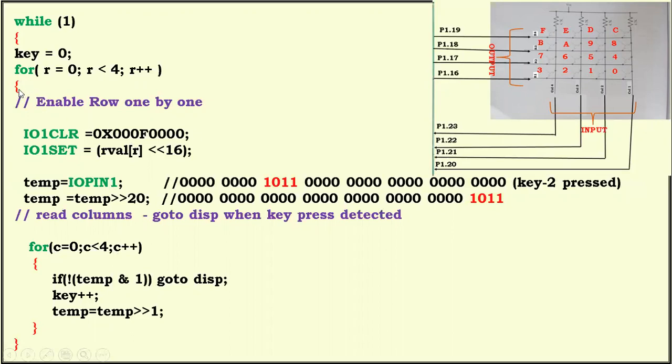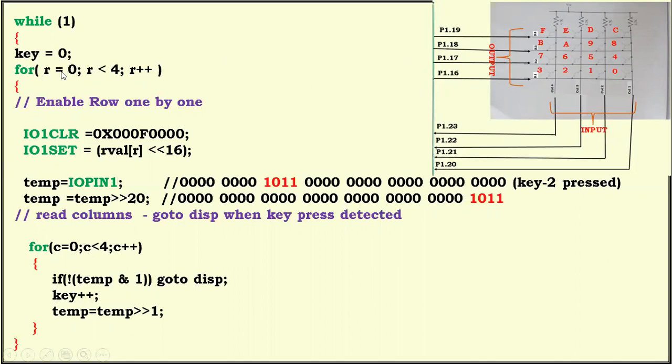So this is the beginning of the outer for loop, and this is the end of your outer for loop. This is the beginning of the inner for loop, and this is the end of your inner for loop. Therefore, we require 2 for loops. Now here, this is a while loop. It is an infinite loop. I told you already, we have to keep on scanning infinitely. Therefore, it must be an infinite loop. Within the infinite loop, we require 2 for loops. Therefore, how many rows do we have?